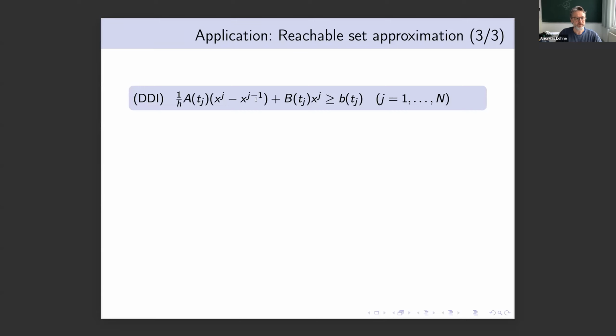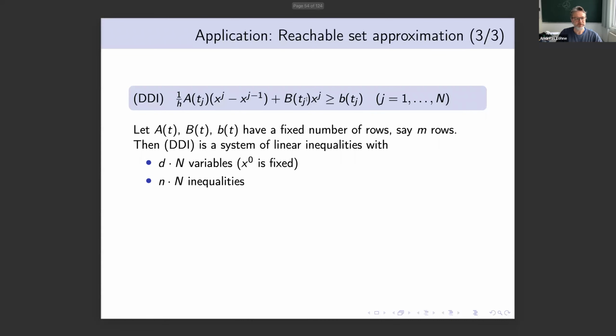That means we have a very high dimensional polyhedron, which is projected down to a lower dimensional polyhedron. So if you make some assumptions, say the data here have a fixed number of rows, say m, then we can say something about the dimension. Then we have d times capital N variables and